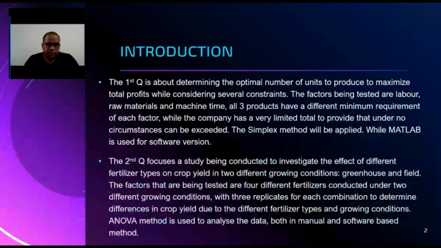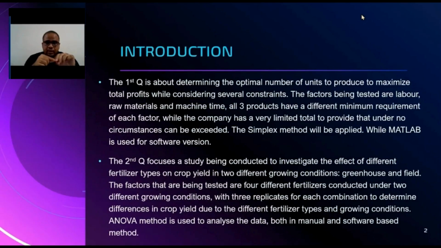Let's begin. My job here is to introduce the experiment, and the first question is to determine the optimal number of units to produce in order to maximize the total profits while considering a few constraints. The factors being tested are labor, raw materials, and machine times. All products have different minimum requirements for each factor, and the company has a limited number of resources. So the job is simply to find the maximum number of products to maximize profit without going past our limitation. The simplex method was used for the manual version of the answer, while MATLAB was used